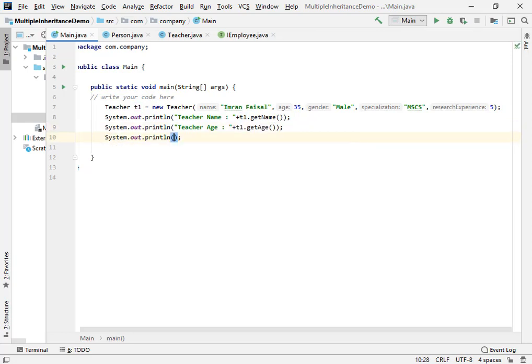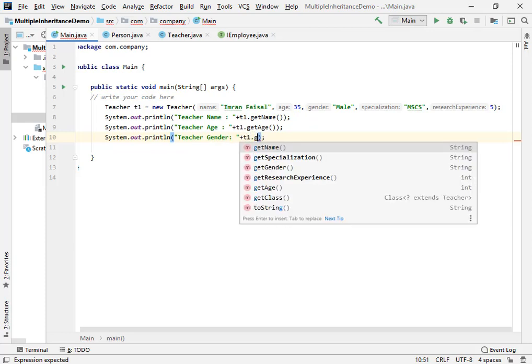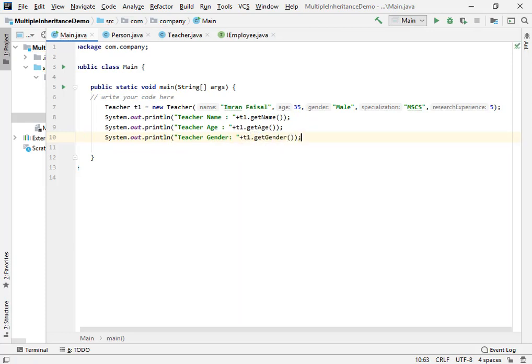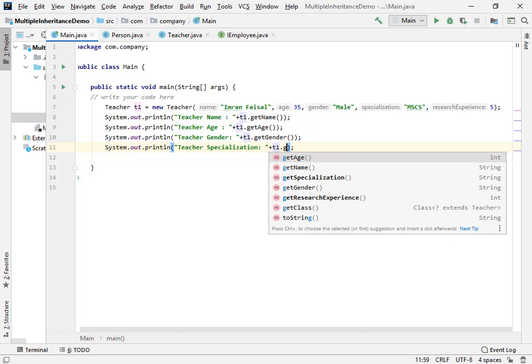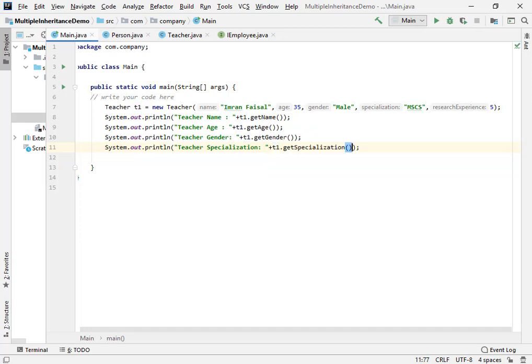Then I'm gonna print out teacher gender. Okay, so this will be from getGender method. Then we're gonna have teacher specialization. Okay, the specialization of a teacher is from getSpecialization method which we have created.